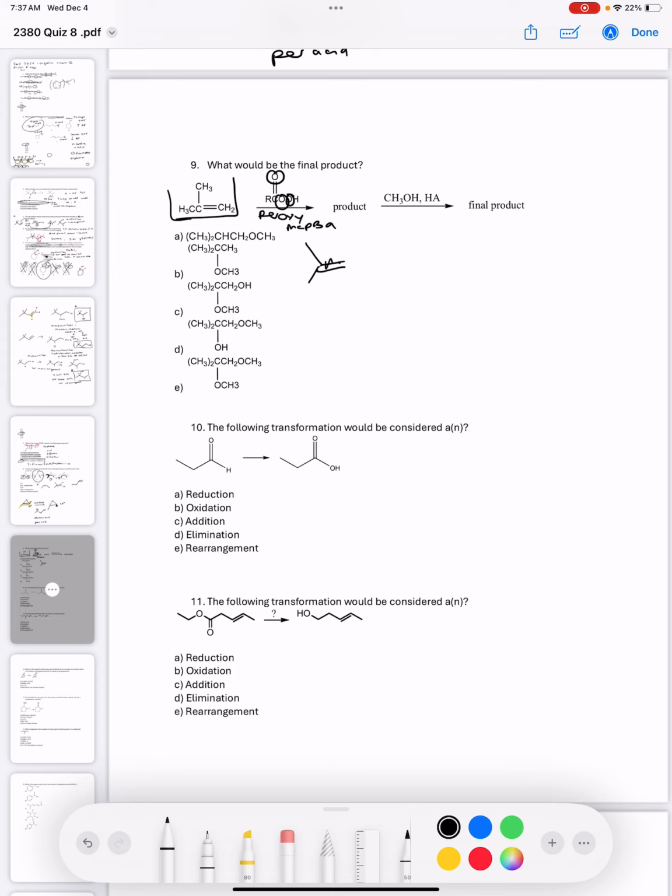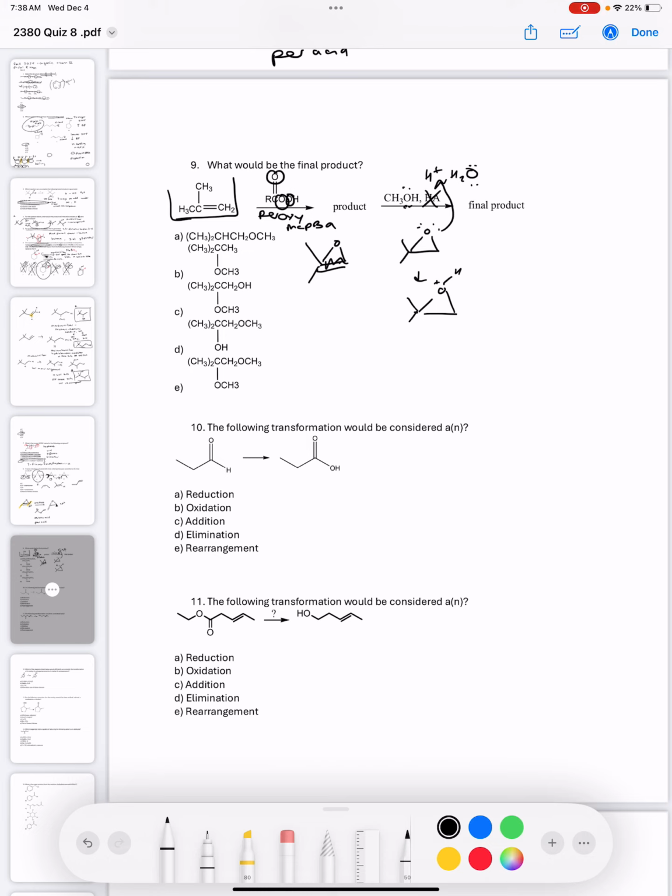So this is going to essentially get rid of this double bond and turn it into an epoxide. And then we have this epoxide with acid. Whenever you see HA, you can think of H plus and H2O. That's kind of what it's trying to say. So this will attack, and you will get a protonated oxygen. And then we have our nucleophile, this